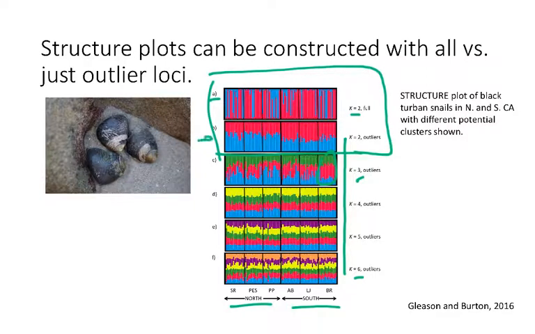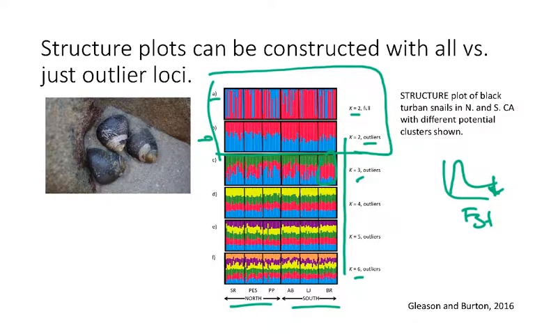In B here, this is a structure plot that was created just based on the outlier loci. So think back to that FST distribution I showed before. The outliers are the ones way out here. If you only use those outliers to make a structure plot, if you squint, you can kind of start to see some structure here. So it's definitely not as clear as that last example I showed with the corals, but